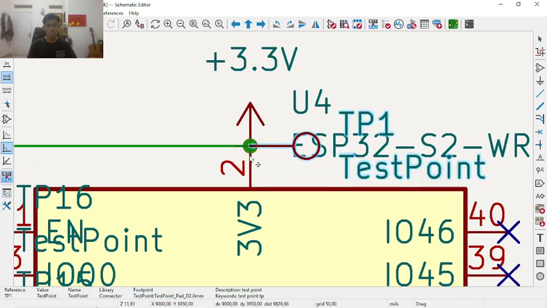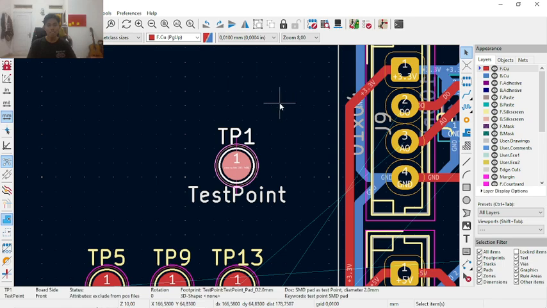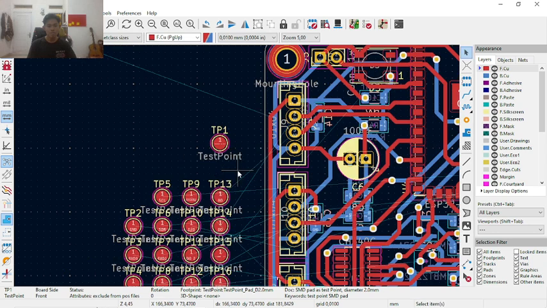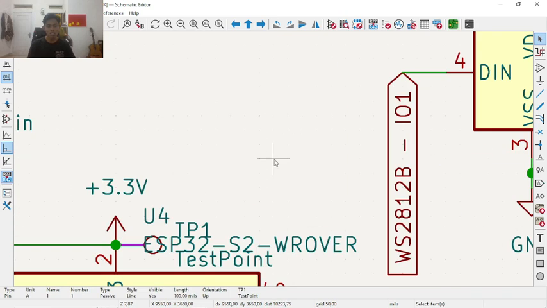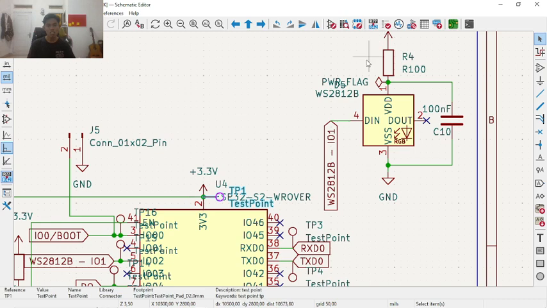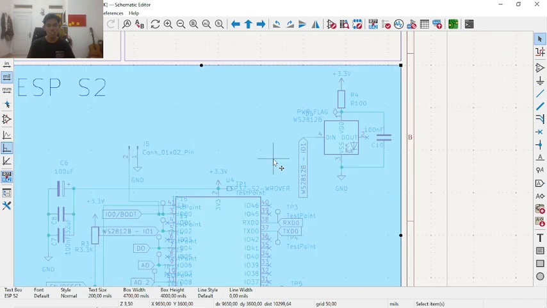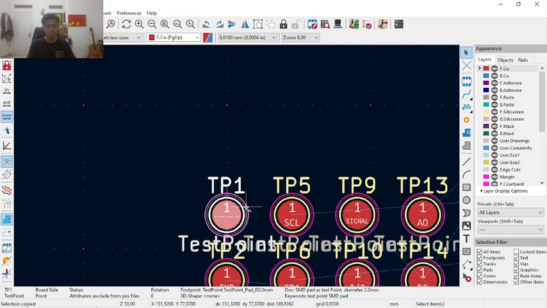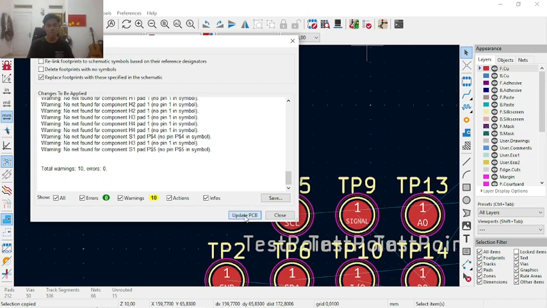Wait, it's not connected now. Okay, update. Okay, we will update the test point PCB editor. Update PCB.